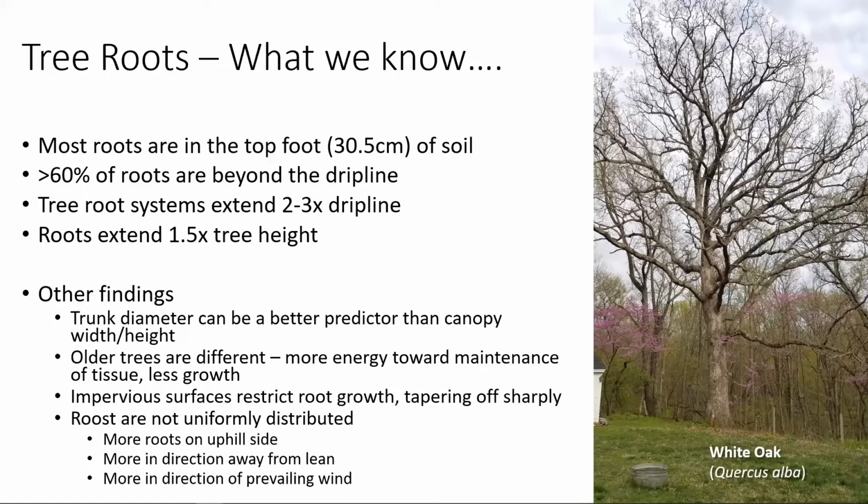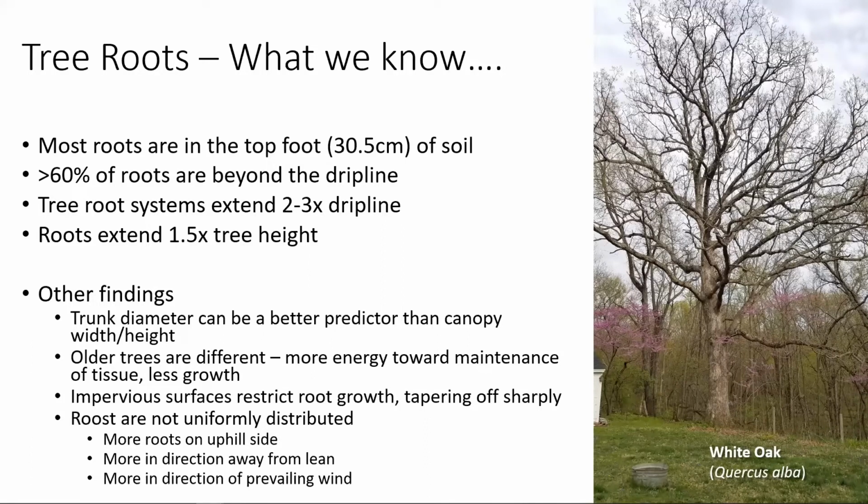It's based off of where those impervious surfaces are, where other things in the environment or environmental conditions that tree's exposed to, how they're interacting with that root system. So from all this, you can kind of conclude that root systems are dynamic. They're adaptive to that environment. They're large and widespreading, especially compared to the above ground footprint we see of those plants. In a healthy tree, that root system should be much larger than what we see above ground. And most importantly, these root systems are shallow.